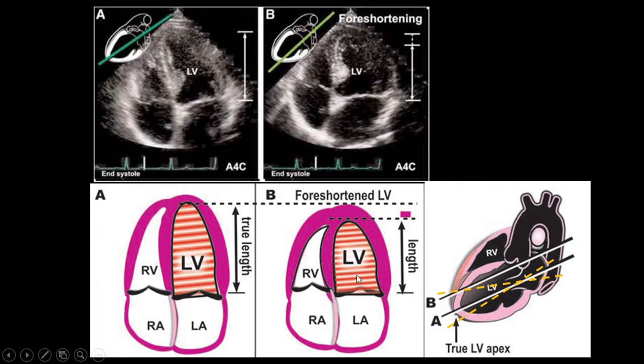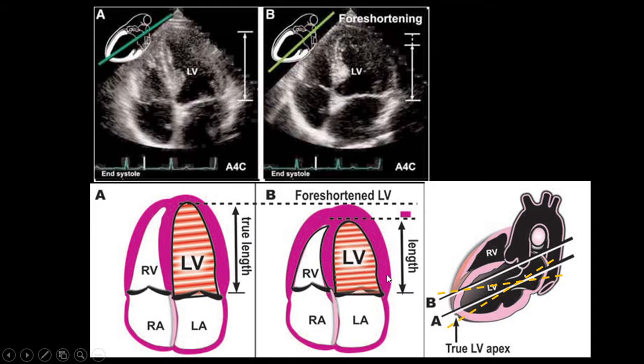So in that case, it shows foreshortening. The foreshortened left ventricle we cannot use for 2D measurement and Simpson for ejection fraction,